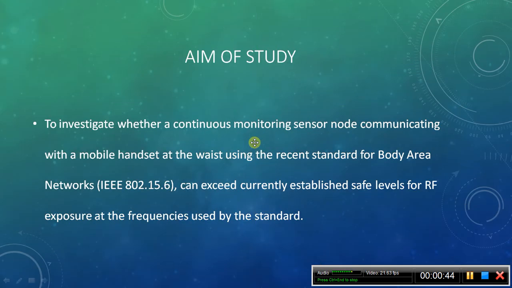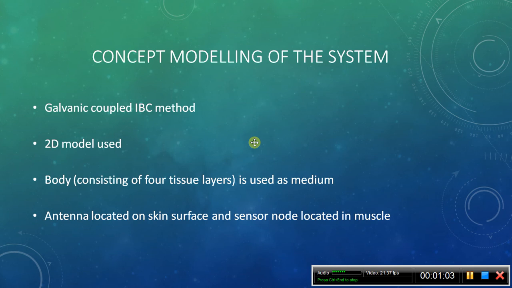Hence, the aim of this study is to investigate whether a continuous monitoring sensor node communicating with a mobile handset at the waist would exceed the safe levels for RF exposure established by the IEEE 802.15.6. For the concept modeling of the system, we had to use the galvanic coupled IBC method, and IBC basically